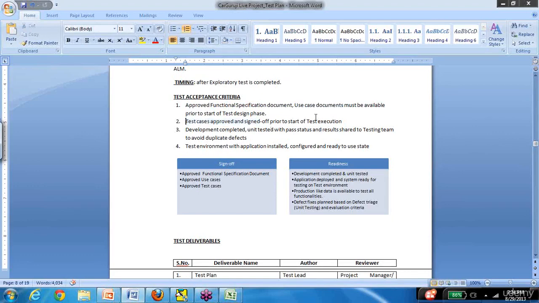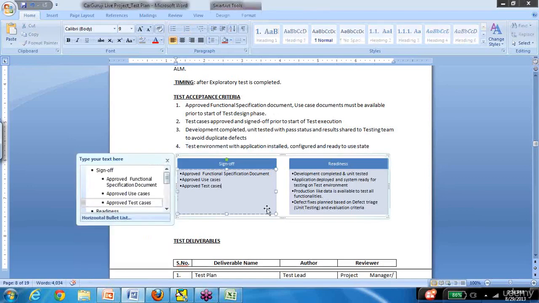Okay, and the test cases should be approved and signed off before the test execution. So this is like a readiness checklist. You are making sure that all your test cases are written, you had the right inputs, they were reviewed, and then development should be completed, unit test should be passed, and the result should be shared to the testing team to avoid duplicate defects. Test environment should be installed, configured, and ready to use.